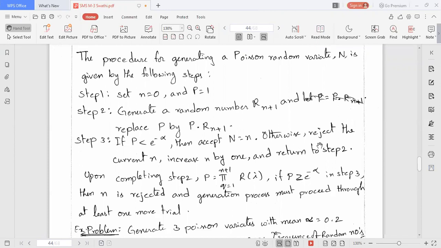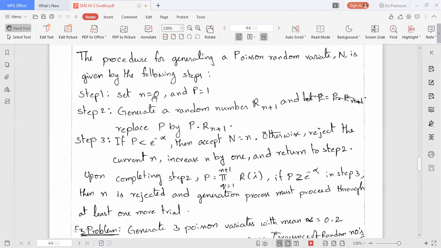Otherwise, if the p value is greater than or equal to e power minus alpha, in that case reject the current n value. Then increase n by 1.